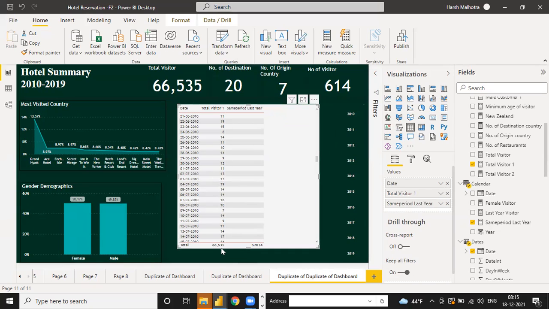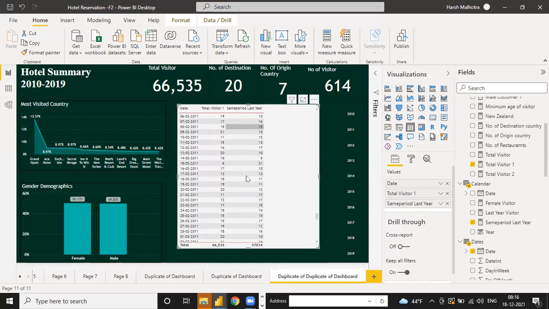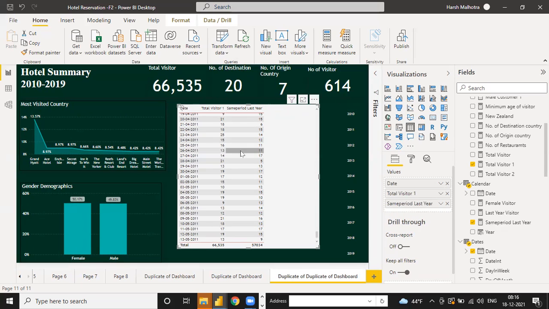See, now the answer is correct. So 66, 535 and 57034, because it does not include the 2009 last year value. If you click on down, see in 2011, 13 and 11, 16 and 11, 15 and 12. This is the same period of last year data.